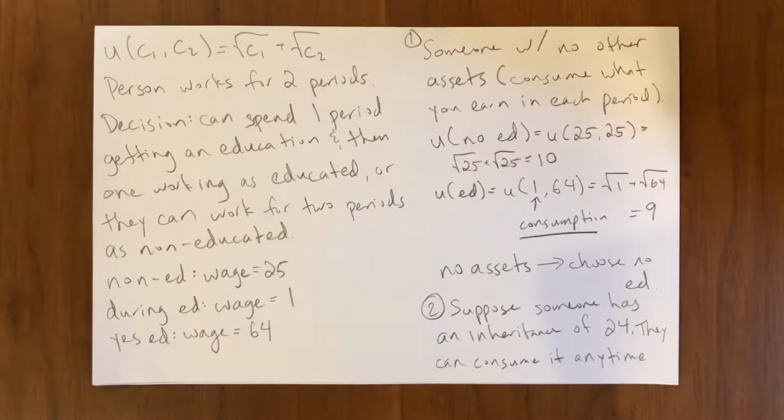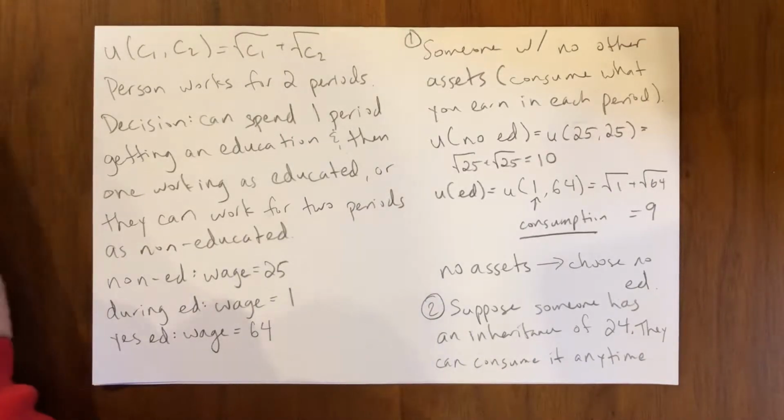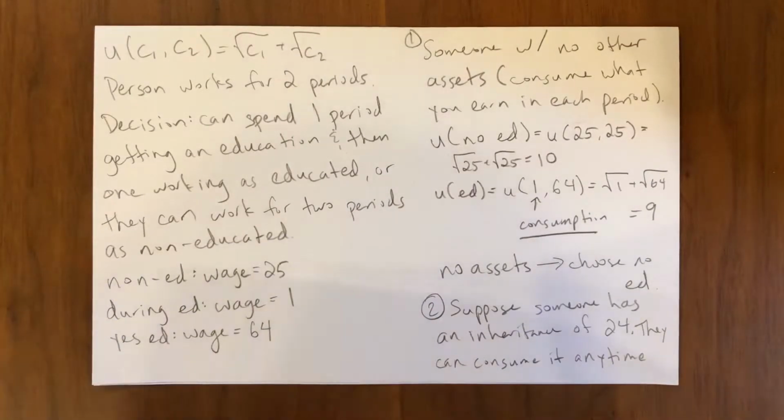Okay, welcome back. So we've been talking about this problem where we have tweaked the setup to say that someone has an inheritance of 24 and they can consume that any time. So here's what that means. So it means that, let's do the same thing. So let's say,